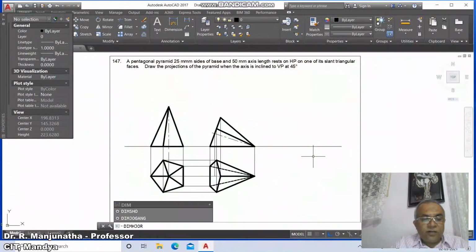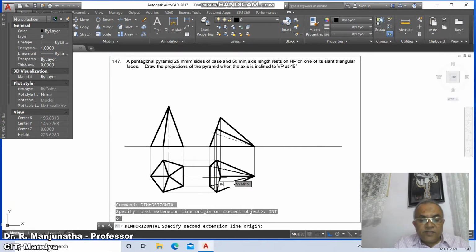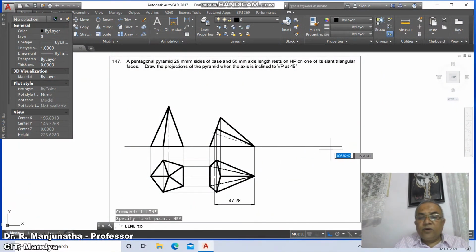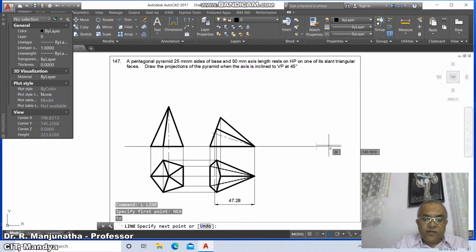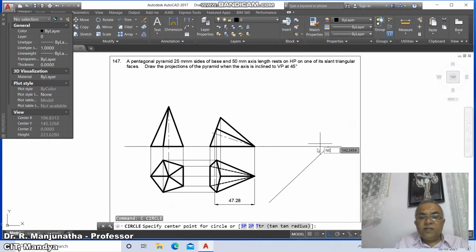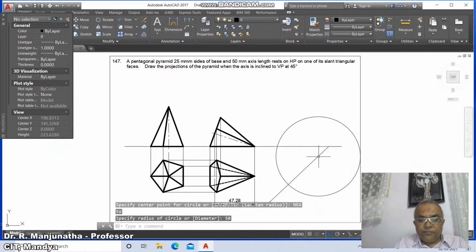Then dim horizontal, take intersection of this, and take 47.28, and go to line, take nearest point at the rate of 100 less than minus 135, and draw a line, and go to circle, take nearest point on this, take the circle radius as 50 mm, and then go to break,